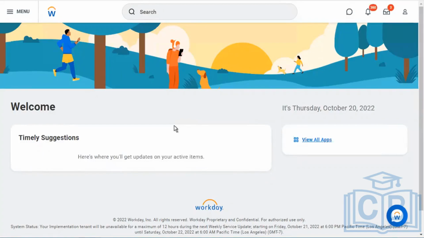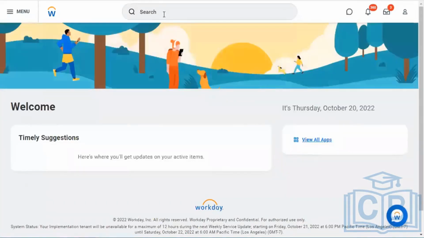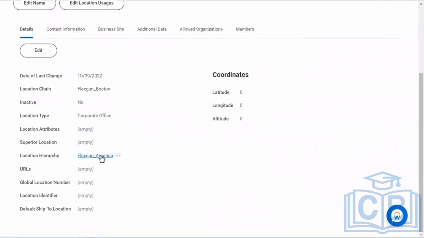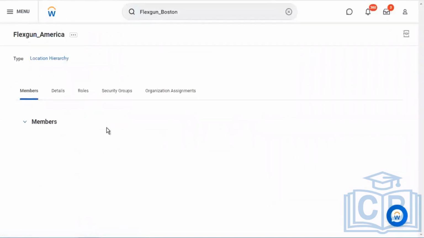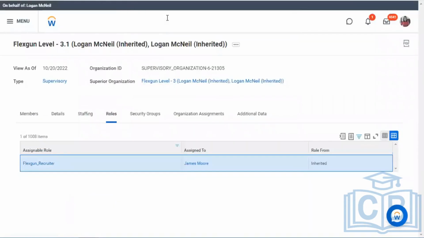At least it should run. I look at the members. I have Magic Mike and iPhone 12. Magic Mike should be able to look into those people. Let's just proxy in as Magic Mike now.